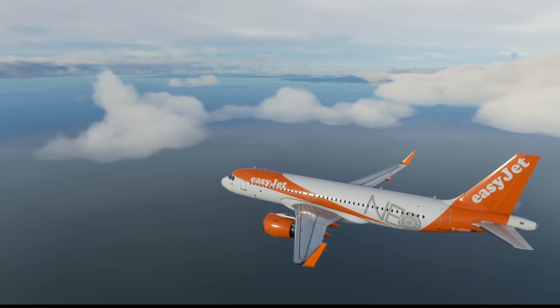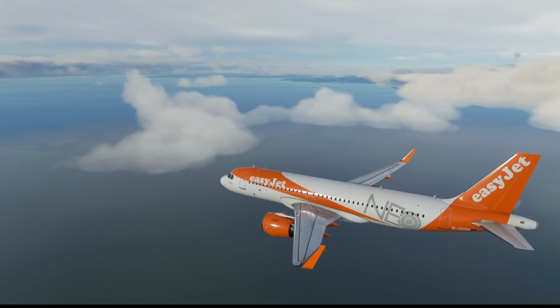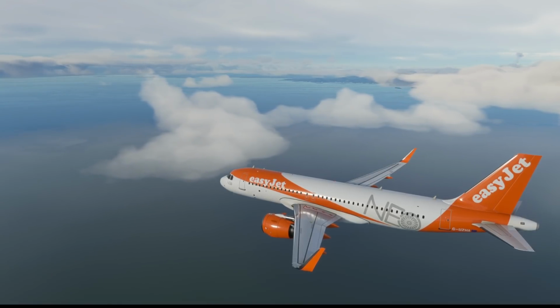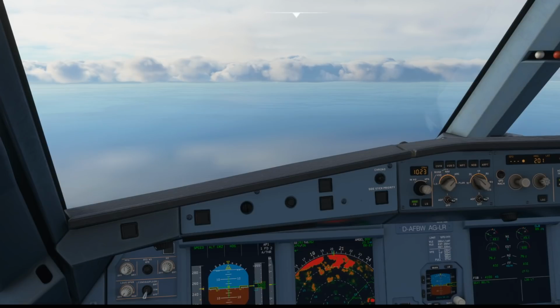Today we're going to be looking at perfecting your landings, something which is a hot topic on all of the flight sim forums, and what pilot doesn't love to make that perfect smooth butter landing when they finish a long flight. So what we're going to do is look at a few things you can do to help improve those